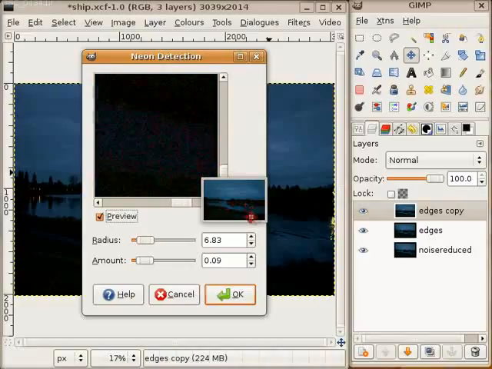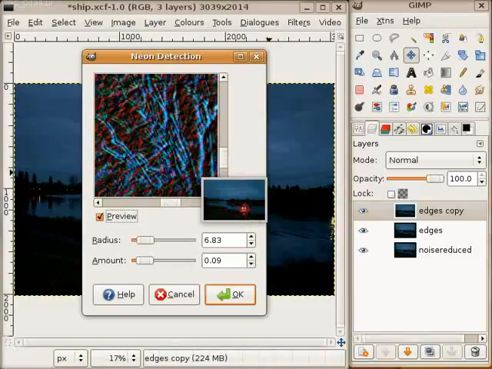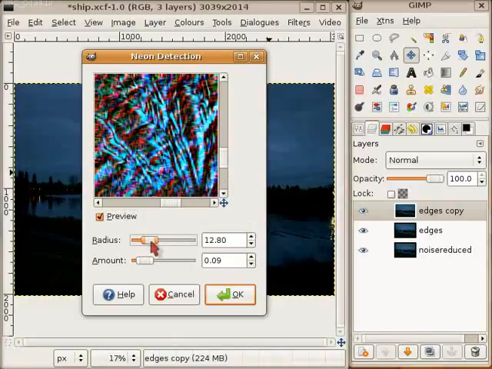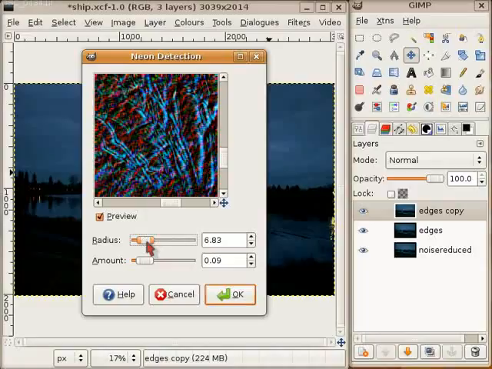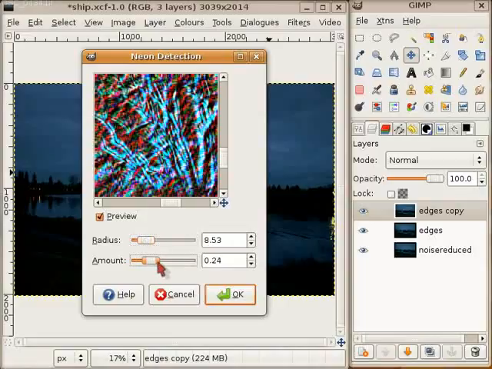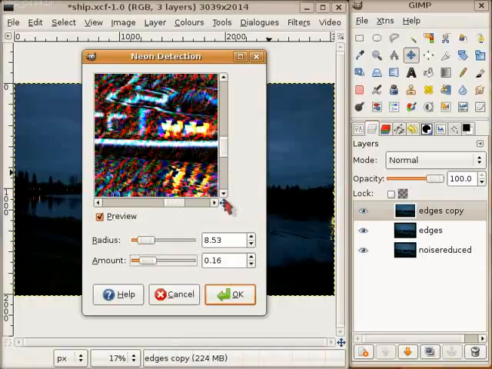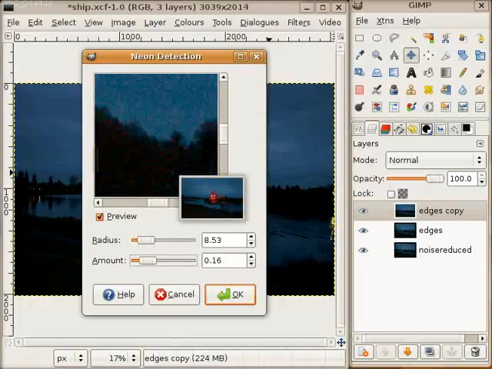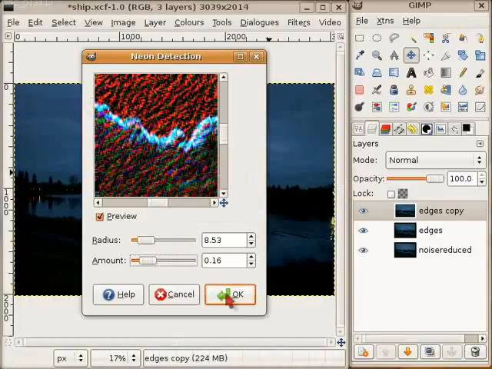I played around with the values here. I took my little bush here in front of the ship, and I found that this combination here was best. If I go up, it gets too hazy. If I go down, it's too weak. And so let's simply keep it here about. If I go up with the amount, it gets stronger. I think this is alright. Let's check the ship here and the horizon. You see, this should be okay. I click OK,